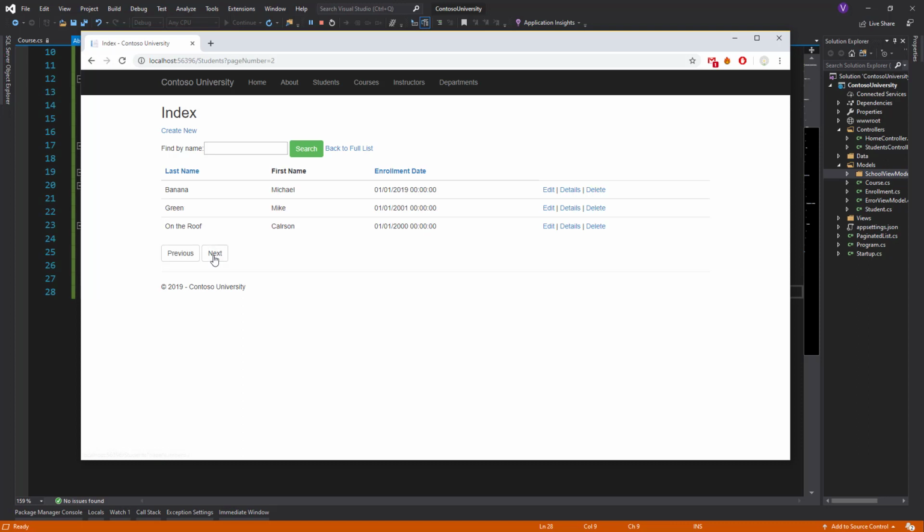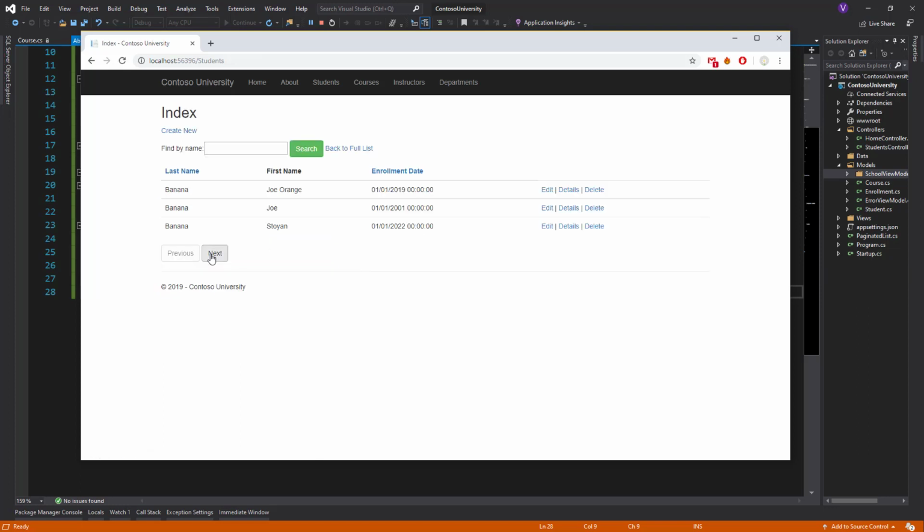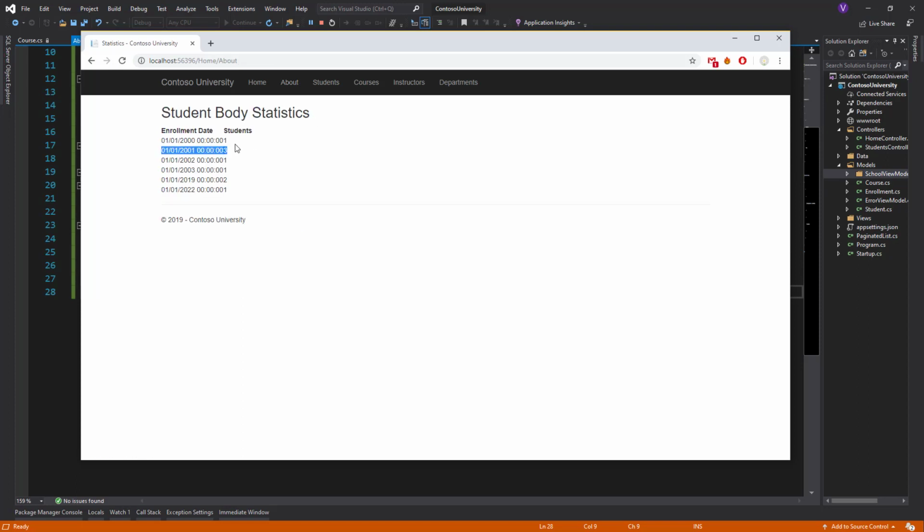Okay, let's say 2022 is good. 2019, 2020, okay. This would be also 2001. We just make it so that it is grouped correctly. Quite a lot in 2001. Okay, 2001, one more. And once more, if we go to the About, okay, we see 3 people in 2001,